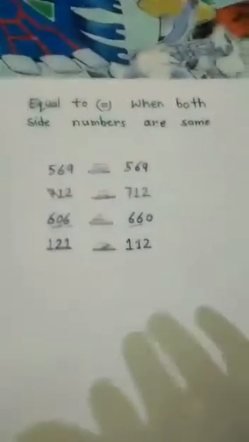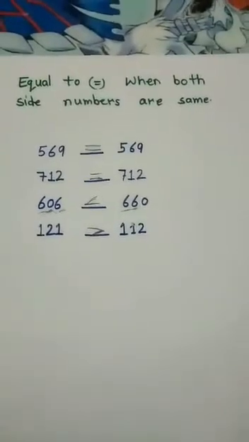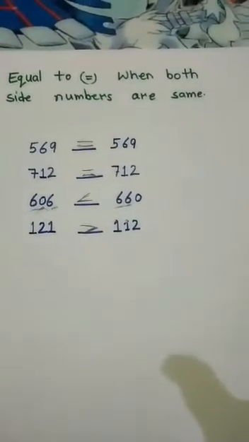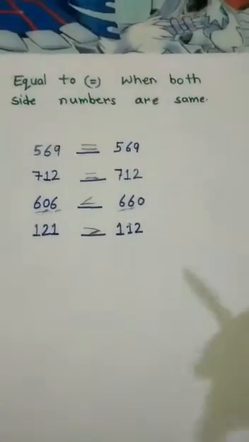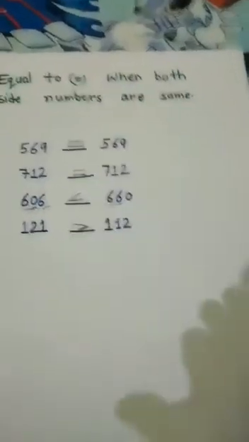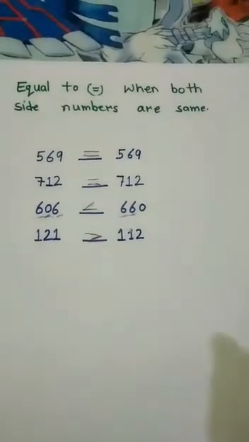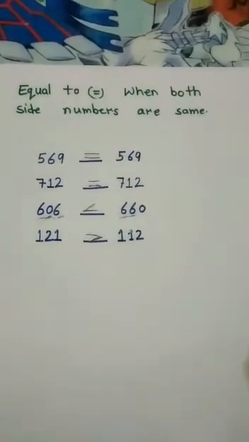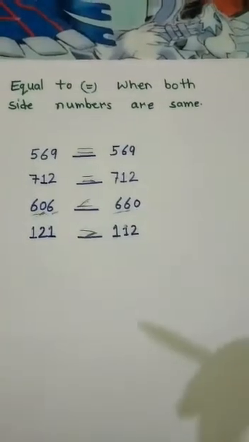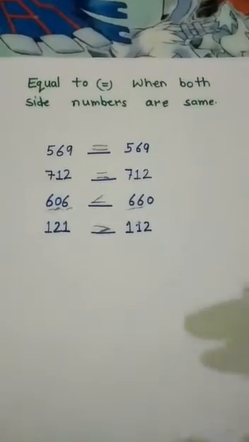So you have to first of all check the hundreds place value, then the tens place value and then the ones place value. Dear students, keep in mind, if the hundreds place value is same, then you will check the tens place value. If the tens place value is also same, then you will check the ones place value. That means wherever you see a different place value, you have to observe over there which sign will come. So got it, my dear student? I hope you understood this concept.